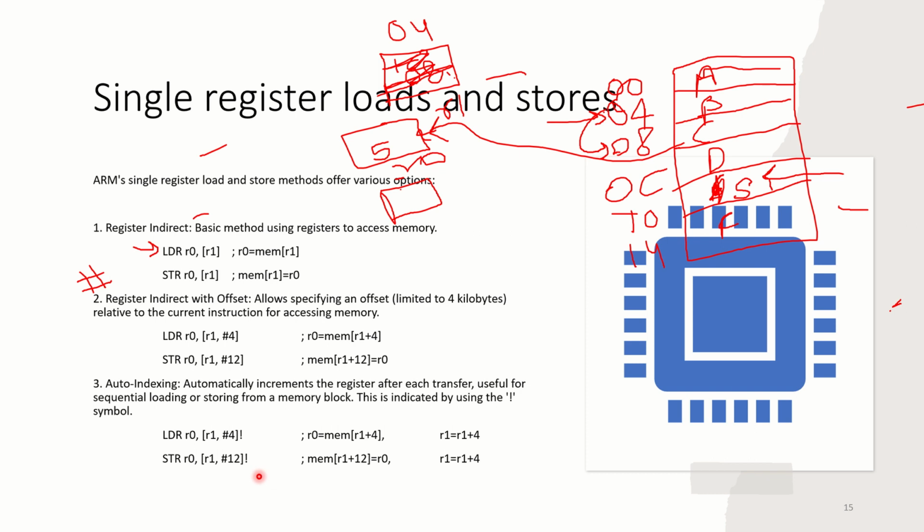Then second is STR R0, R1, #12 with an exclamation mark. You see here we are storing the value of R0 into the memory at the address R1 plus 12. Up to here it is clear, similar to register indirect with offset. What additionally happens is the R1 value is going to be updated by 4, R1 equals R1 plus 4, right? That is auto indexing. So the first way is the basic method, second is with offset, third is auto indexing,